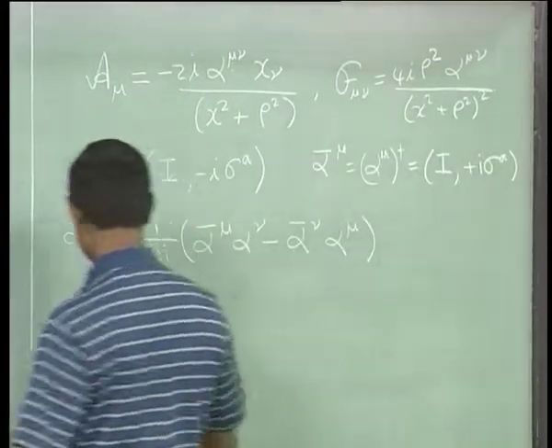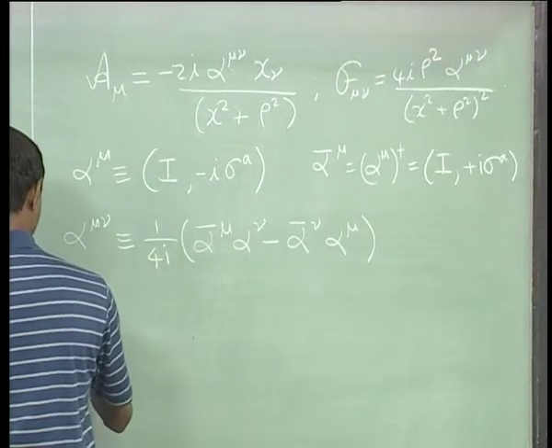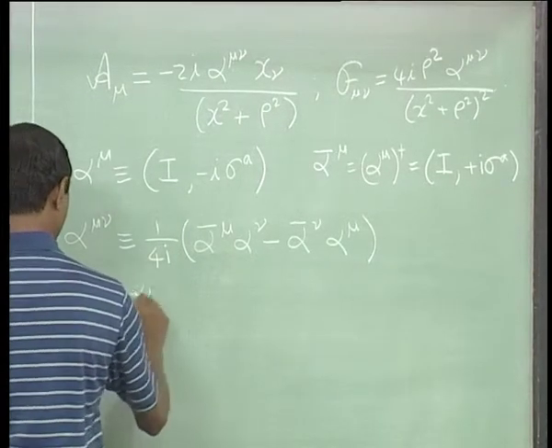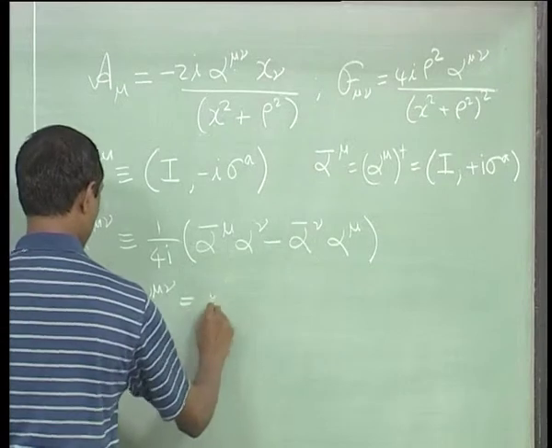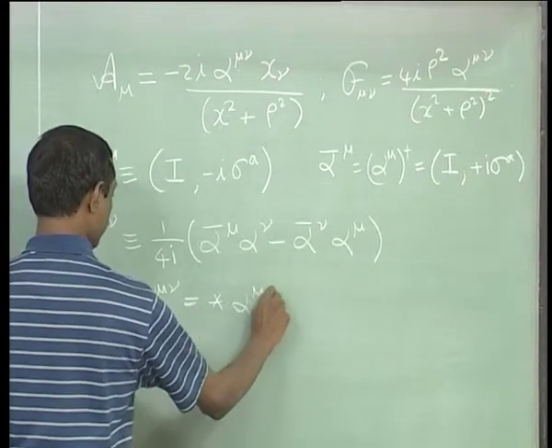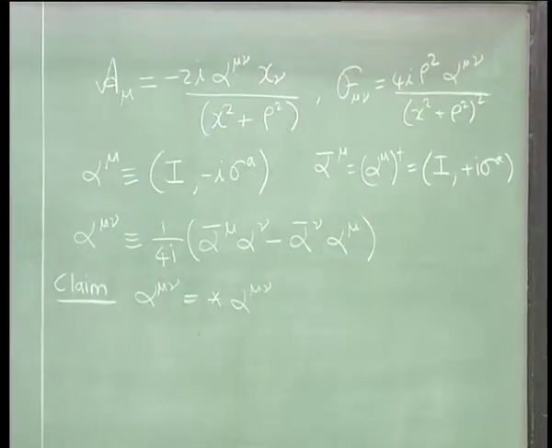So the claim here is that alpha mu nu is equal to star alpha mu nu. So it is self dual,